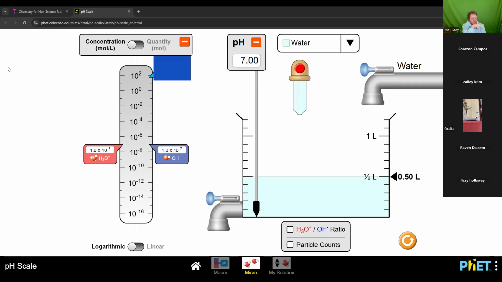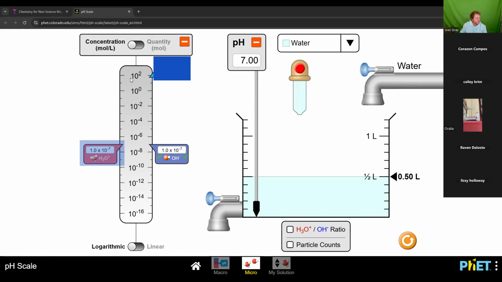If I make this solution more basic, so if I have my pH go up, what do you think is going to happen to the level of this that I've just highlighted? Do you think it's going to, to give you some parameters, go up, down, left, right? If I'm increasing this right here,